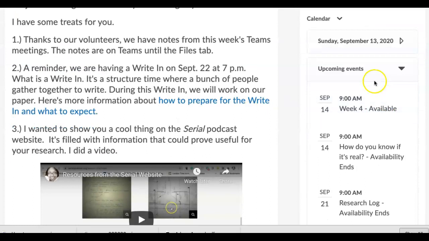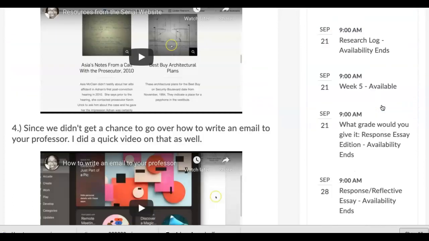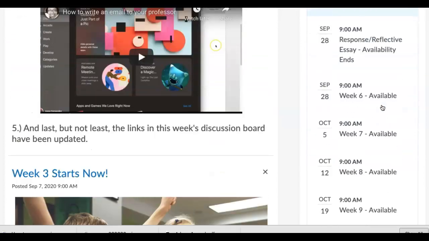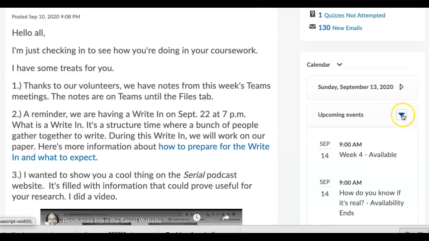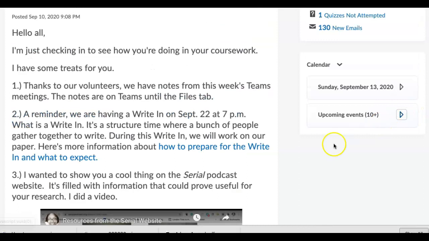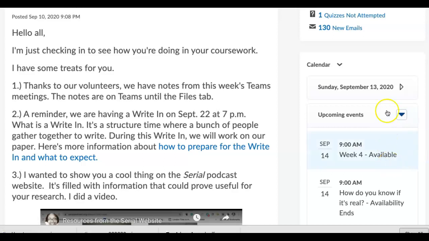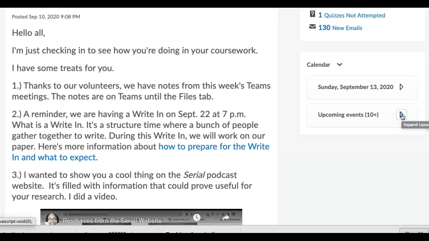On the right hand side, you have this calendar, and you're probably going to think, oh, this calendar is useful. This calendar is trash. Do not use this calendar at all. Like literally just pretend it's not even there. Just use this little caret, this little triangle here, click that, and dump it out of your mind, because what